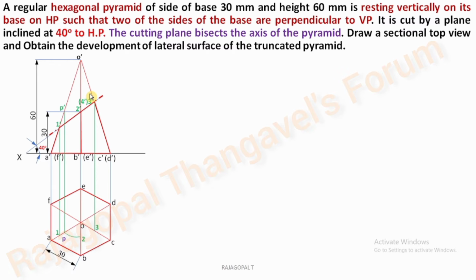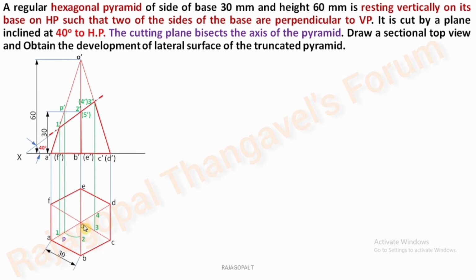So that's why 4 dash is in the bracket. Now you extended already from 3 dash. So where it is cutting on OD corresponding slant edge, at this point make it as 4. Finally, we are having two more cutting points, O dash, E dash.